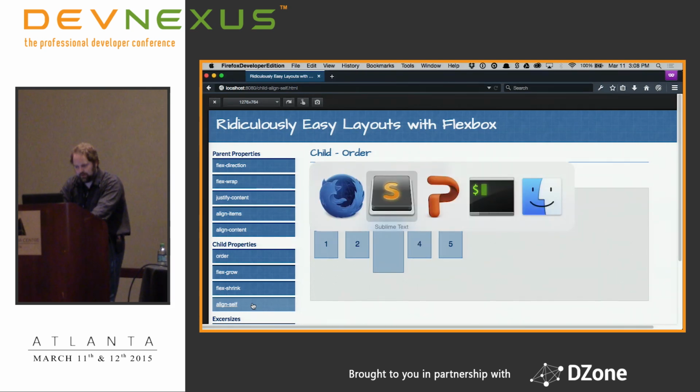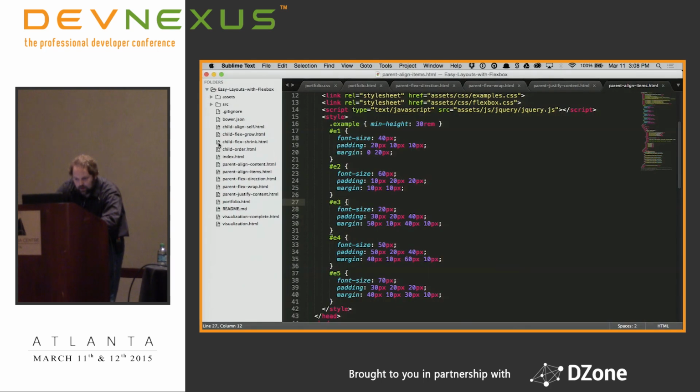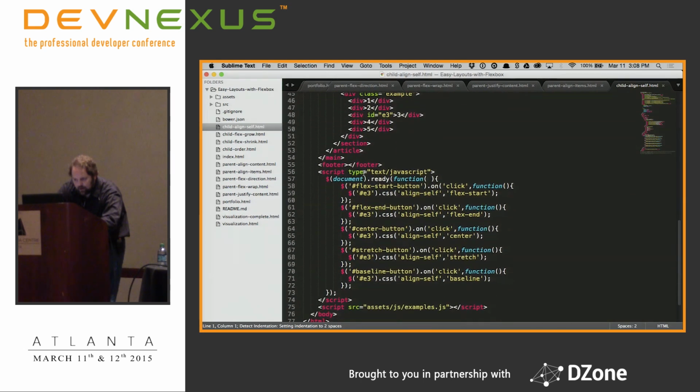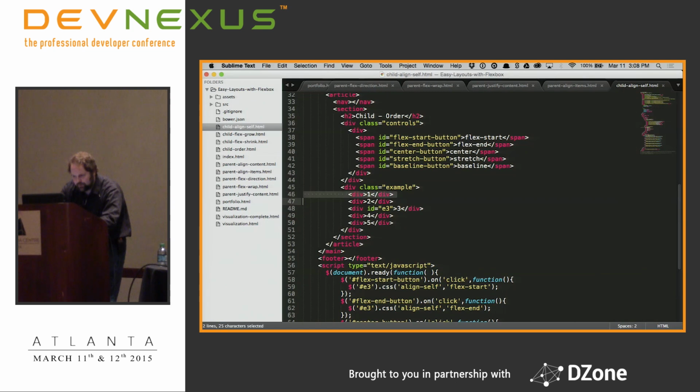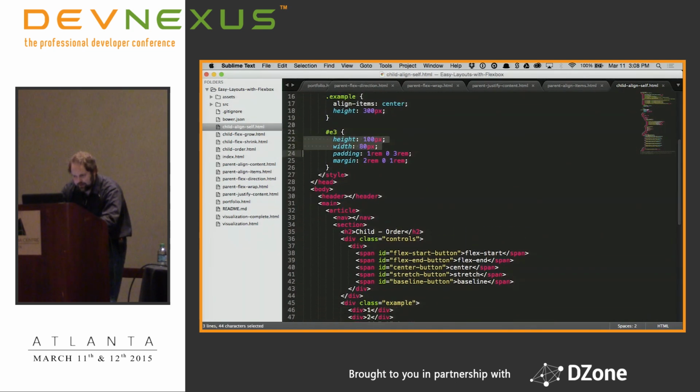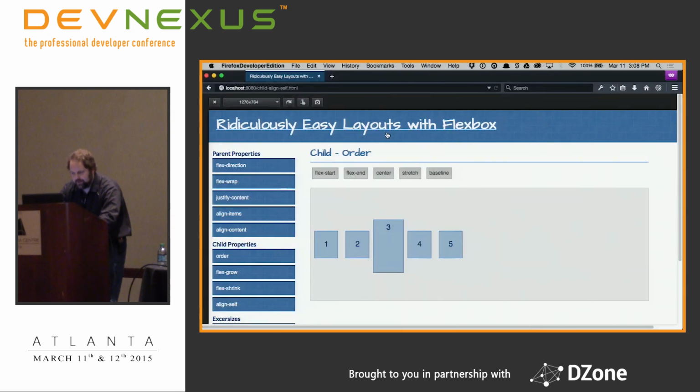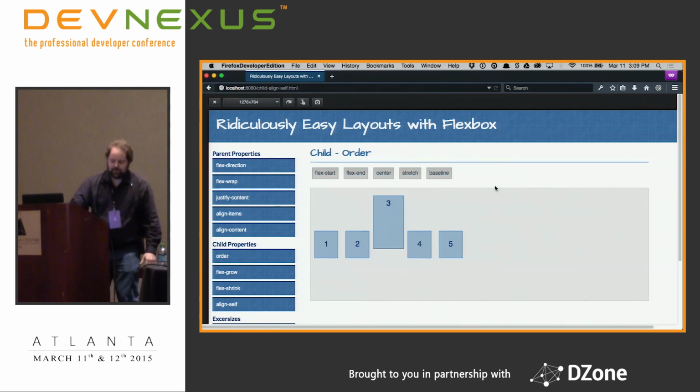So let me check and see. Okay, so all of these, I got 1, 2, 3, 4, 5, and then I've got E3 up here, which, once again, I just gave it some height, some padding, and some margins. Baseline doesn't really do well on this one, but this is pretty much, I've indicated center for my alignment on the main axis for these 5 items. Now what I can do is I can just take this and do an override on it. Now baseline doesn't really work, and I'm not sure why. What I would expect to happen is that this 3 would come down here, and I don't think the margins are messing it up, but